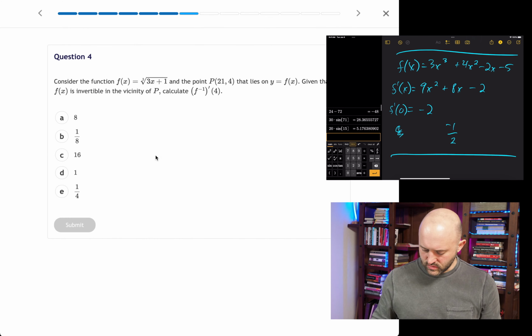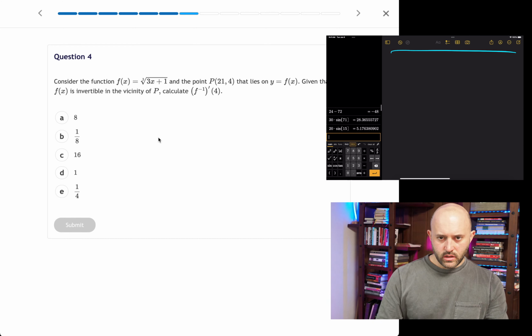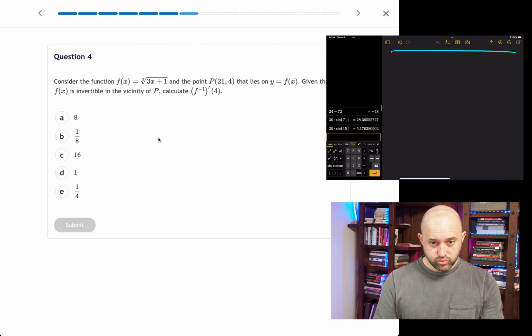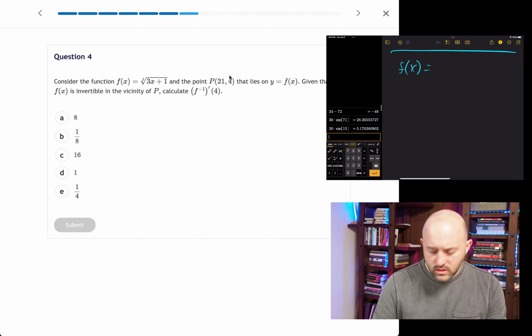Okay, that seems reasonable. I'm getting what's happening. The point (21, 4) was the point of this thing. It is invertible. That is the inverse of that point. Okay, no tricks there. We're just going to have to do the derivative, which is